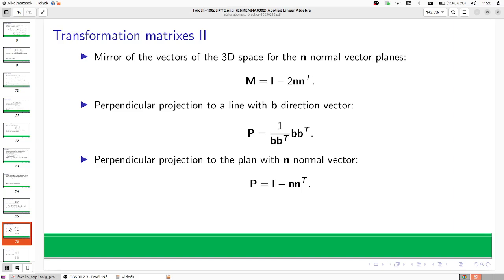Because it is the identity matrix minus 2nn. What is this n? The n is the normal of the plane, and the plane is the xy plane. So the normal is z, which means 0, 0, 1. Okay, so if I do the multiplication, then it's 2, and I have to